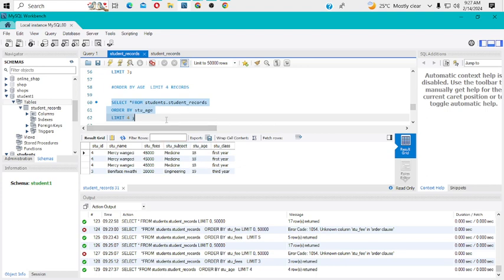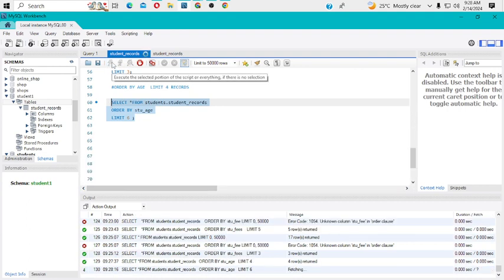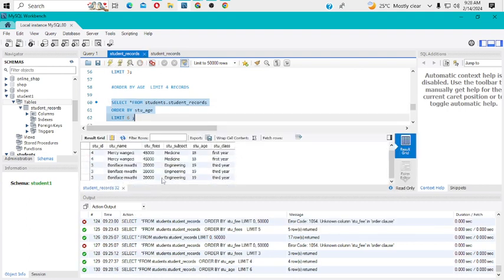Good. I think we have ordered by age, and this is ascending, not descending. By default, it is giving us ascending order, that is 18 to 19 going downwards. And again, we are retrieving the first four records. So I think you can just change this one to maybe 6 and check how it will behave. So with this one, you are going to get the first 6